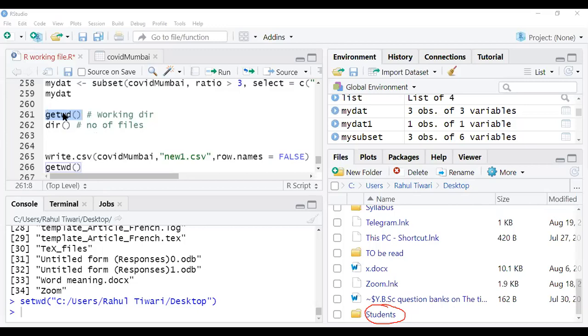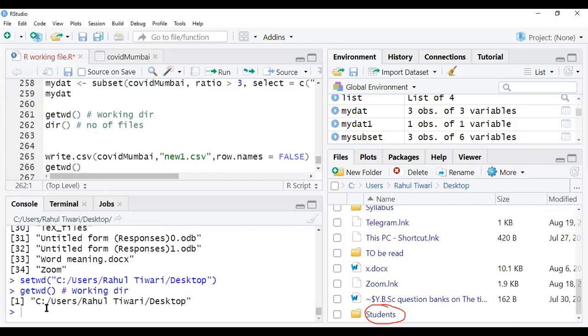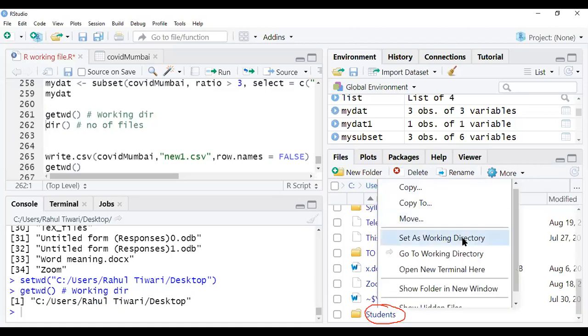Yes or no? You can just run and see. It is on the desktop, but is this the current directory? No, this is not current. Now what you have to do is go here and set the current directory.